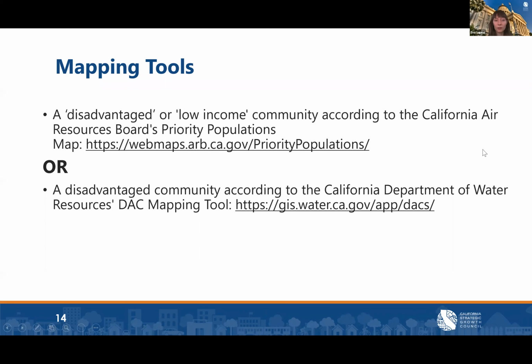But basically, if a tract qualifies as disadvantaged or low income according to this first tool, the CARB priority populations map, or if they qualify as disadvantaged or severely disadvantaged according to the Department of Water Resources DAC mapping tool, then they would qualify as under-resourced. And as I said, we'll have a guidance document that will hopefully be able to provide some more detail on that as well.